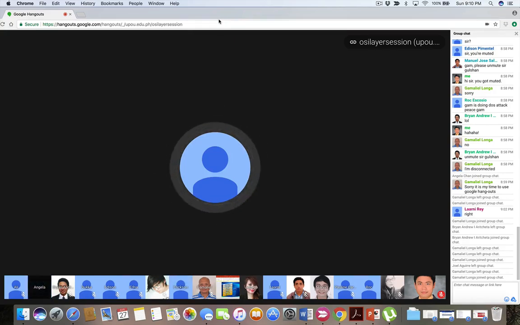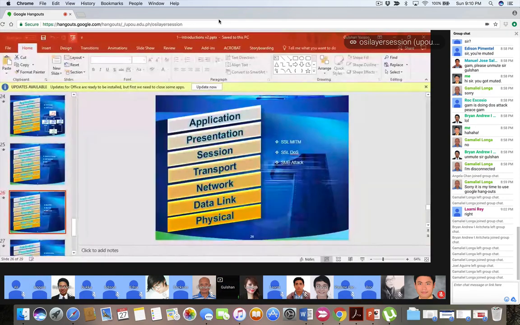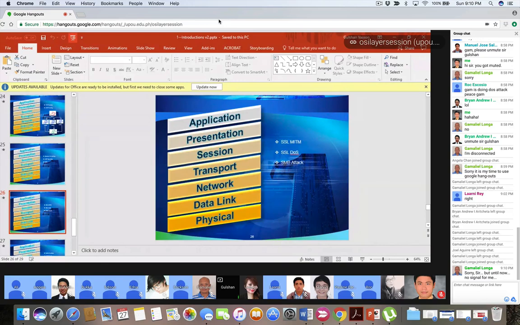Sir, I have a question. This is Angela. Yes, Sanjay. Regarding the presentation and session layers, I've read somewhere that presentation is also related to encryption, but in other literature I've read that for session, we also encrypt the session. So how is the encryption for the presentation and session layers different? Simple example. The session is created by the application, and when they create the session, they can have a session in plain text or they can have a session encrypted as well.